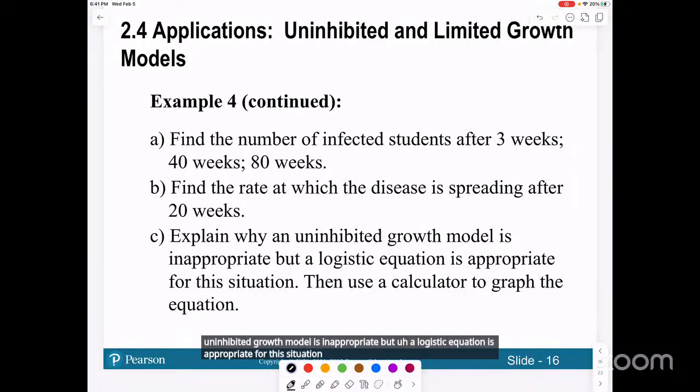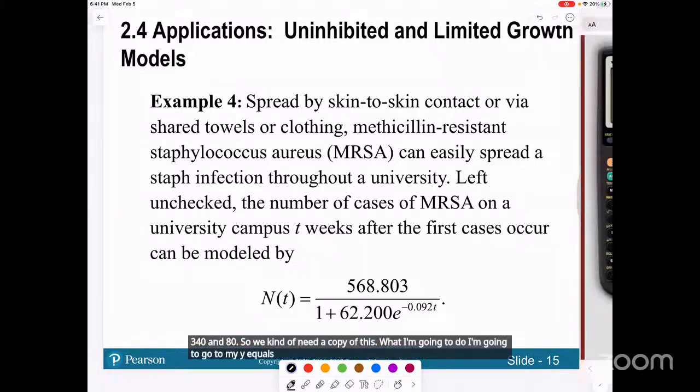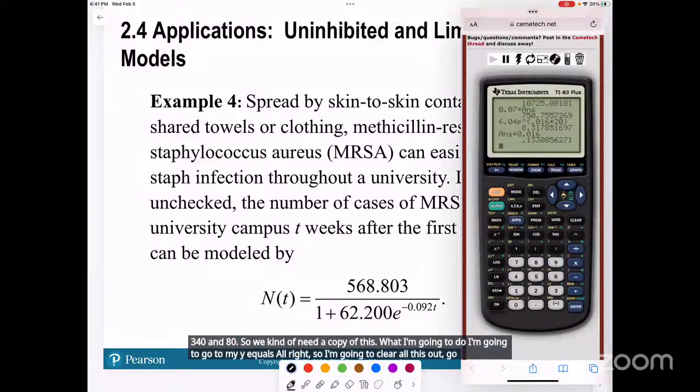Then use a calculator to graph the equation. Oh, the uninhibited. Okay, yeah. Okay, that's fine. 3, 40, and 80. So we kind of need a copy of this. What I'm going to do, I'm going to go to my y equals. All right, so I'm going to clear all this out. Go to my y equals, let me see, in the numerator, I'll do parentheses,